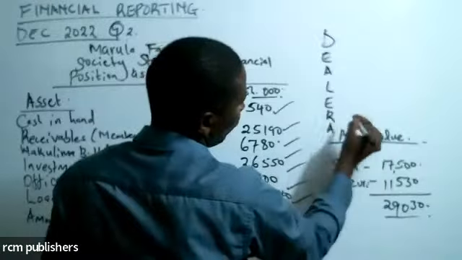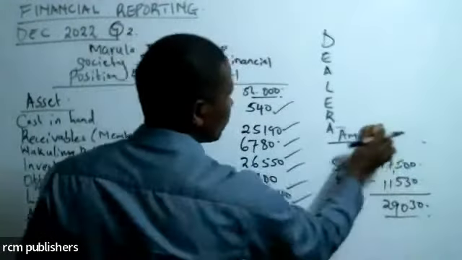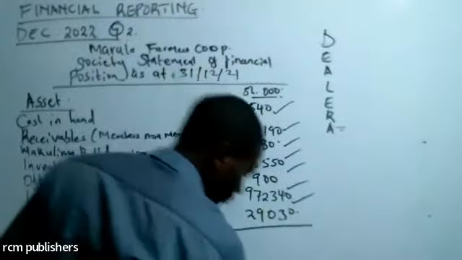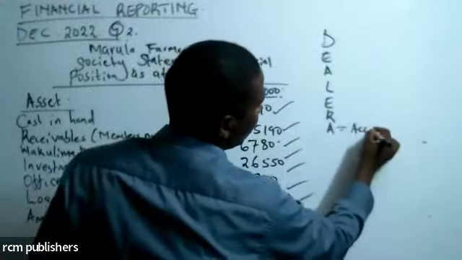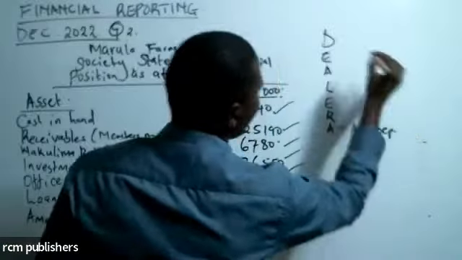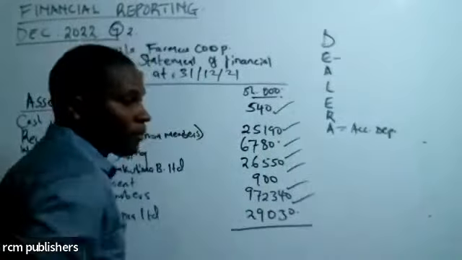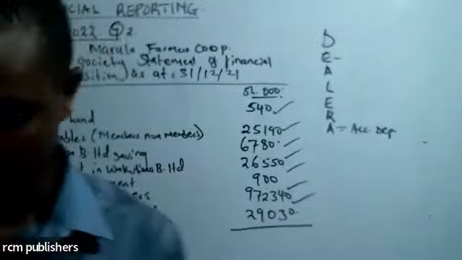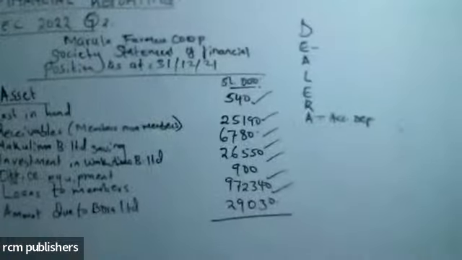I usually add 1 here to represent accumulated depreciation. So this one. Unajua depreciation ya kawaida itafall hapa. So you should note that. So I just adjust kidogo that you're able to look at the other side of